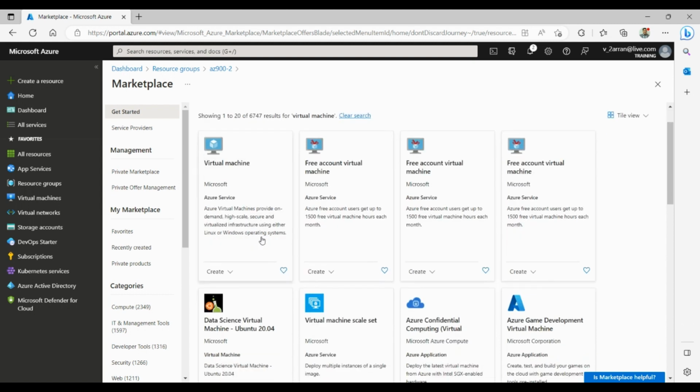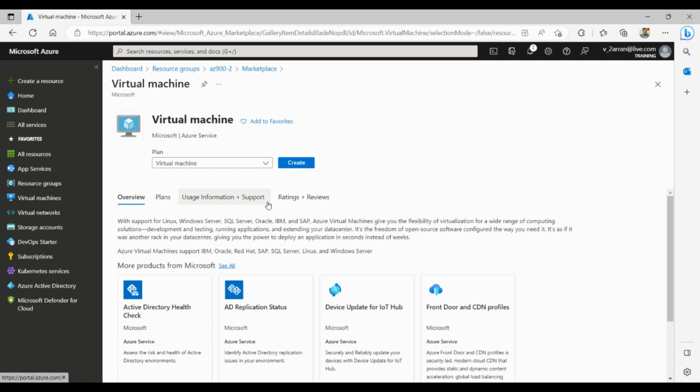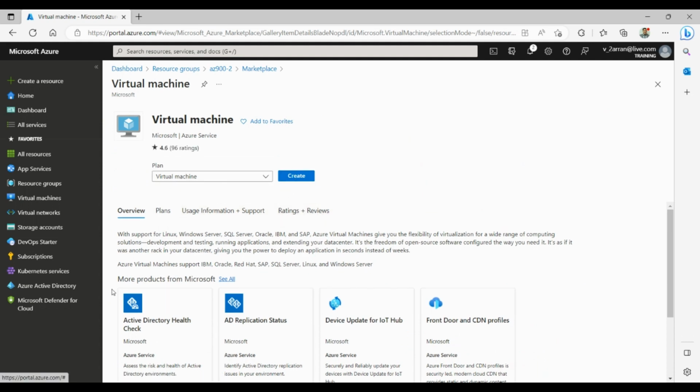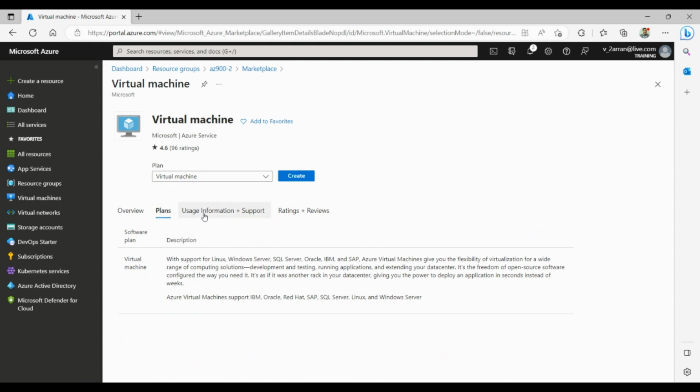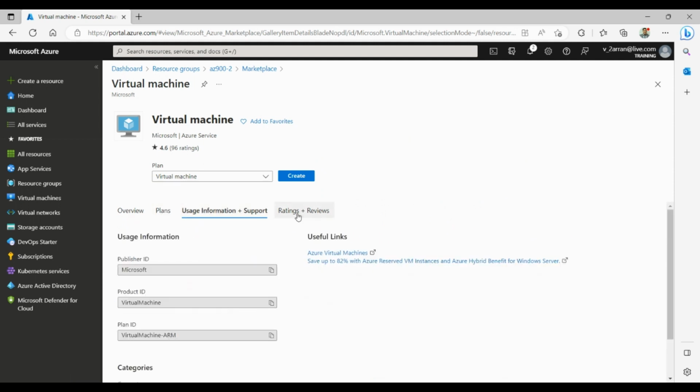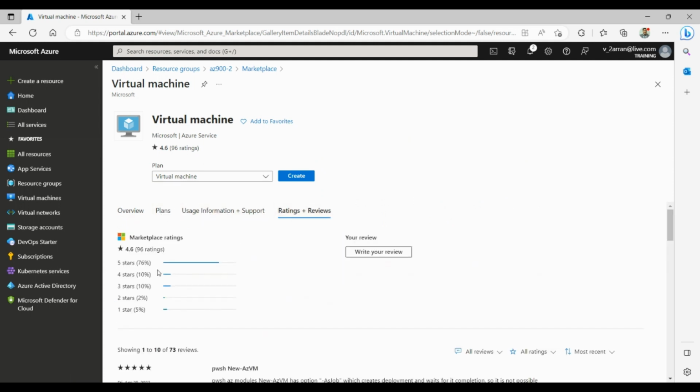We will be discussing this in more detail in coming videos, and also discussing virtual machines in more detail. But for now, I will choose virtual machine, and you will see all the details where it talks about the overview, the plans, usage information and support, and any existing ratings and reviews. And here you will see whether there are any other plans related to this virtual machine. So we'll click on create,